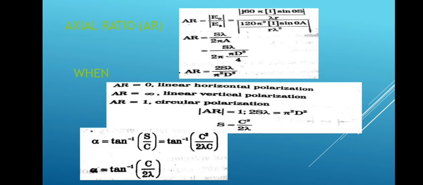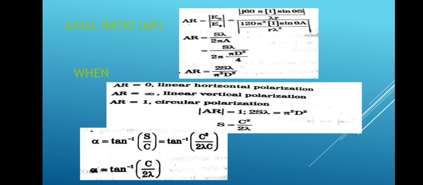For the far field radiation of the small loop, E phi is equal to 120 pi square into I into sin theta into A by R lambda square, where A is the area of the loop, already known as pi d square by 4. Here d, the diameter, is very, very small. Generally pi d is the circumference, C, so pi d square by 4 is the area. The far field of a short dipole is given by E theta equal to j60 pi into I into sin theta into S by R lambda. So these are the field equations of the short dipole.